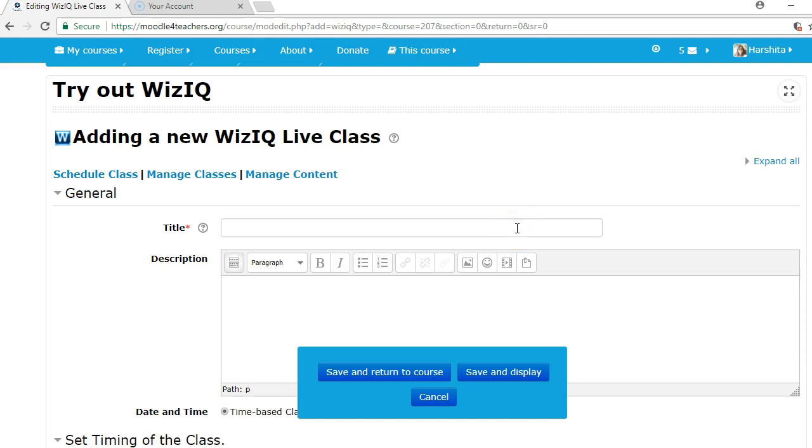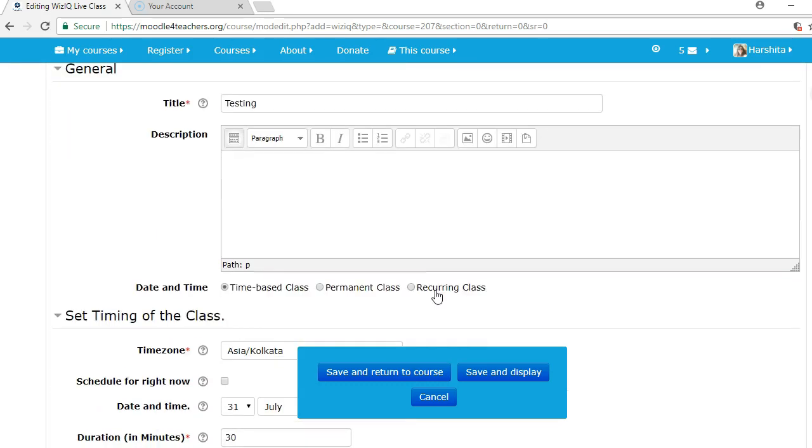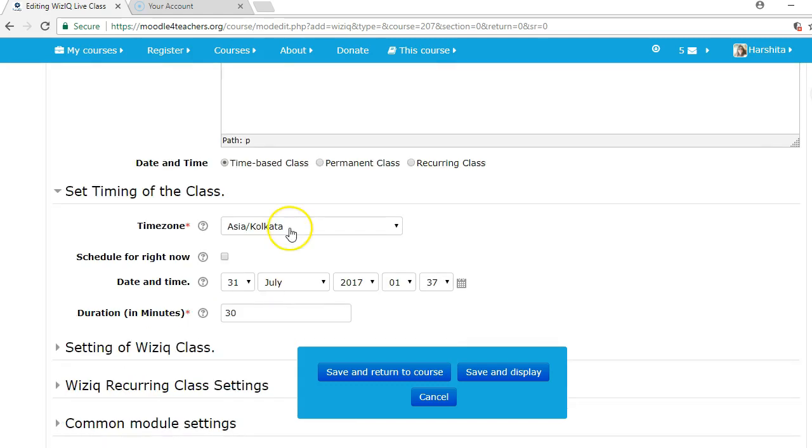First thing is the title of the class. Let us suppose it's testing. Then is the description, which is not mandatory, but it would come in handy if you want to add it for the attendees. Next is date and time, so I would go ahead with the time-based class, and then we